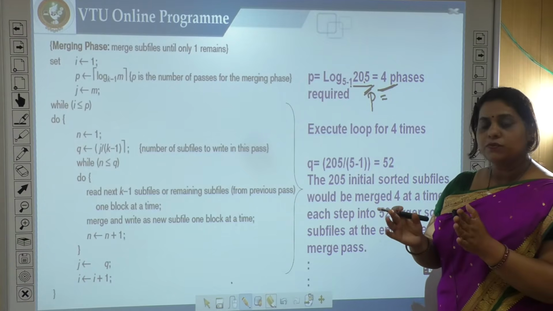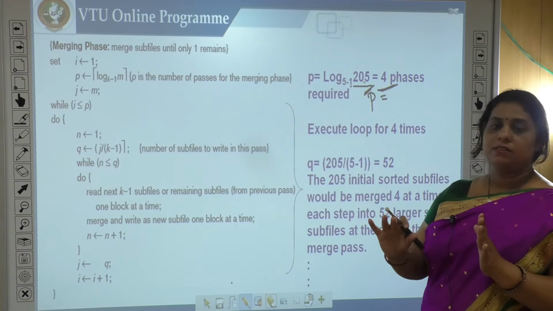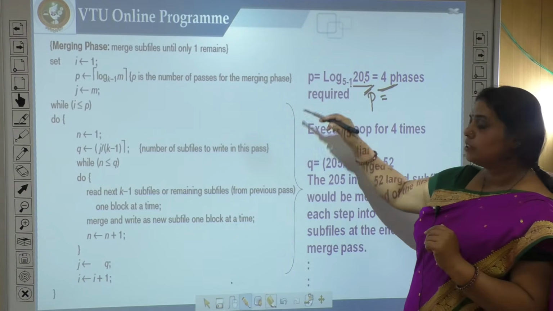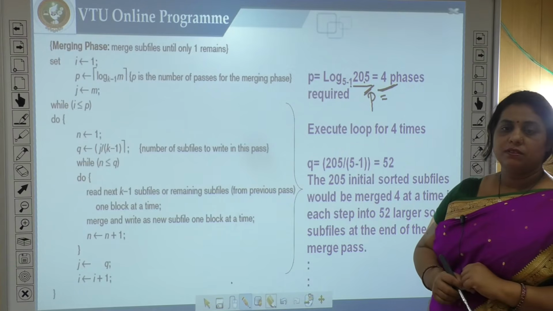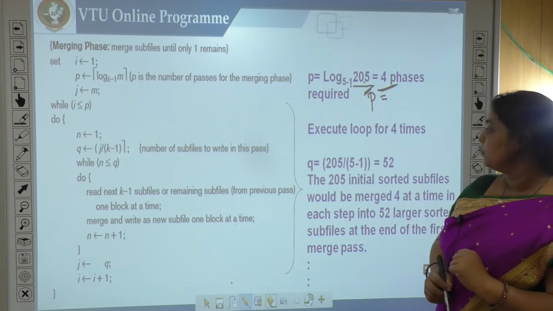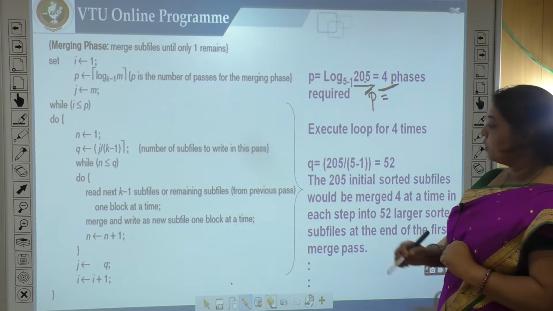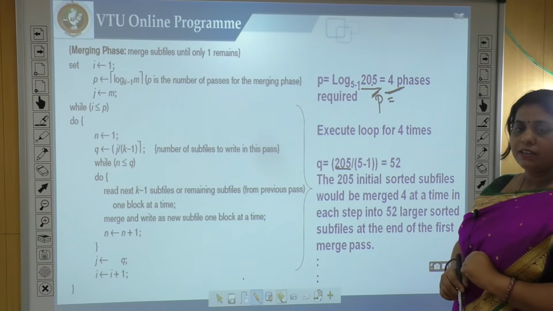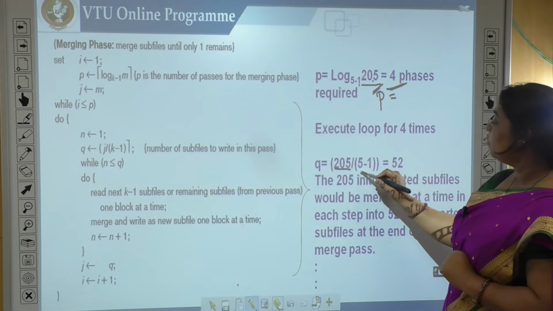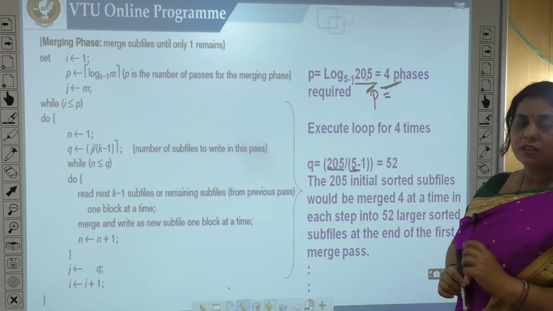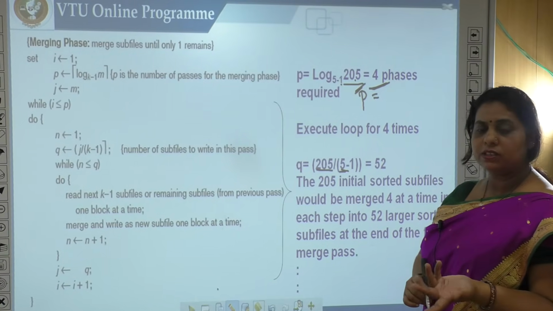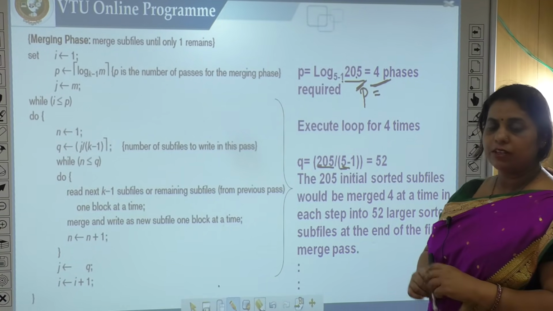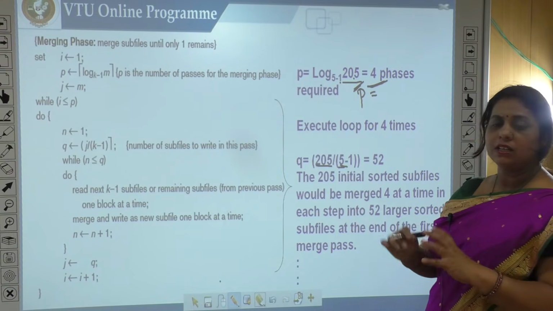Means merge will work in 4 phases. The merge will execute 4 times. How does it work in 4 times? For that, Q is equal to 205 divided by the number of blocks available for merging. How many are available for merging? Only 4, because the fifth one is to store the result.